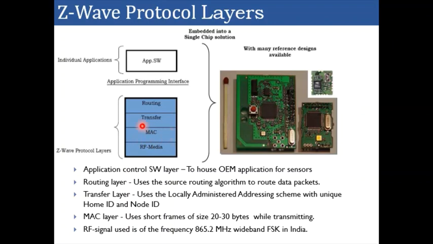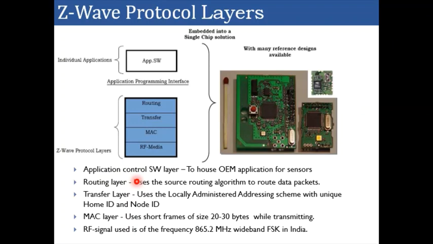On top of that we have MAC layer, then transfer layer and the routing layer. Here all 4 layers are different from IEEE 802.15.4 and the Zigbee protocol. So these are customized layers which are conforming to Z-Wave protocol. So in that way, the Z-Wave devices are not interoperable. Z-Wave can only talk to the other Z-Wave device. So because of that, the Z-Wave has very limited scope of expansion, and interoperability is the challenge.